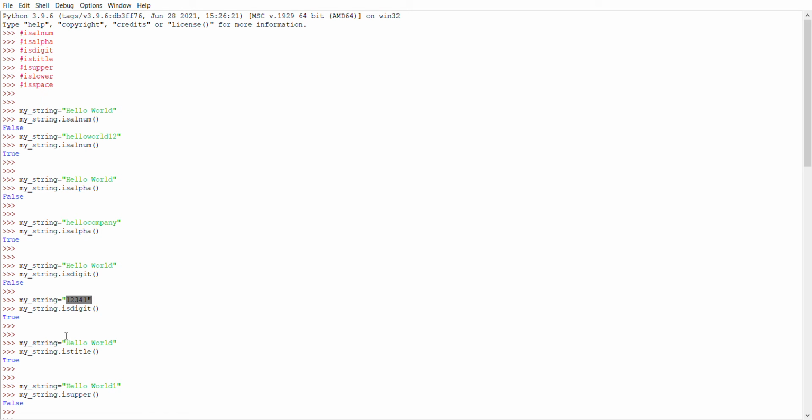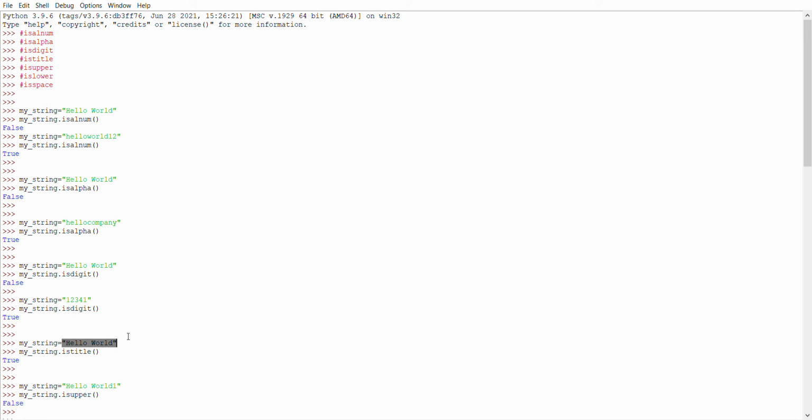Title is nothing but a test. If the strings are in title case, that means each word starts in uppercase, it returns the true value, otherwise it returns the false value.